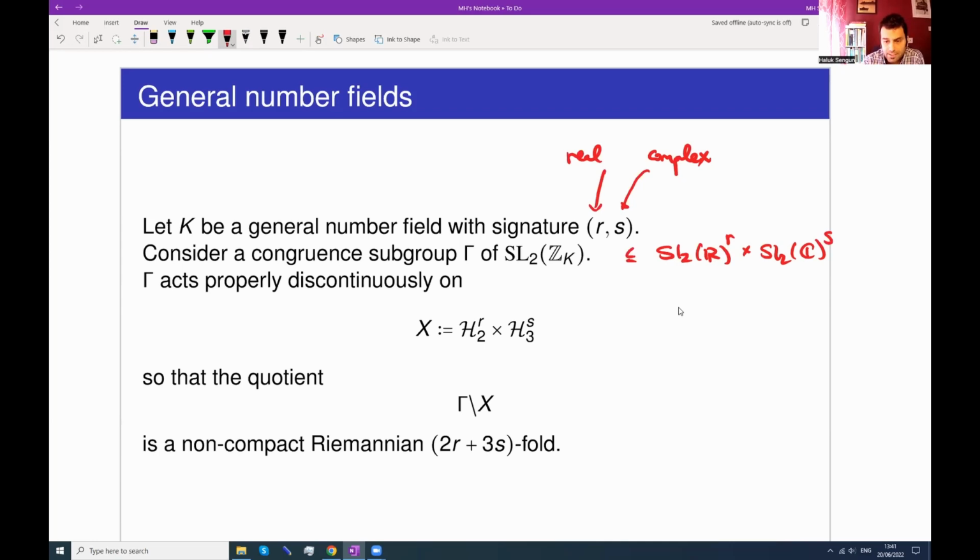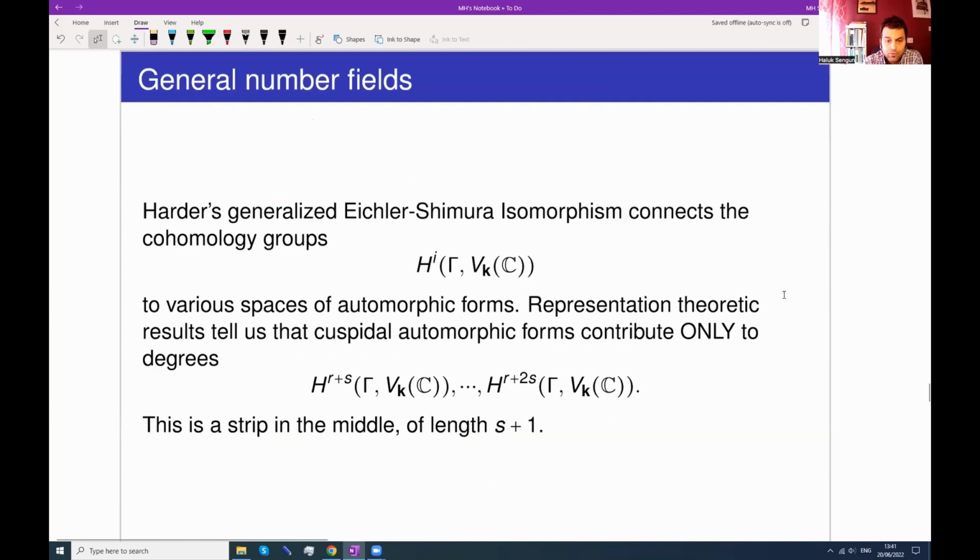This is a nice action onto this product space of R copies of the upper half plane and S copies of hyperbolic 3-space, so that the quotient here has a nice finite volume, of dimension 2R plus 3S. It's not going to be compact because we have parabolic elements. So, again, we have, of course, Harder's Eichler-Shimura isomorphism, which connects